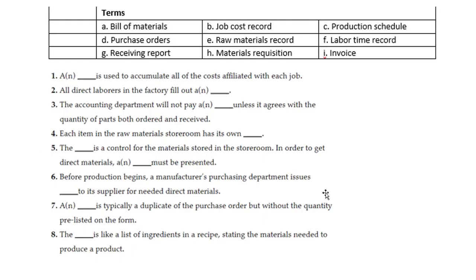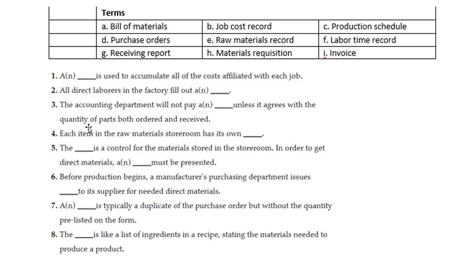Well, we should do this first. Let's do this. So what accumulates all the costs? I think this is in your homework. For all the costs affiliated with each job, accumulate all the costs, that would be a job cost record. All direct laborers in the factory fill out a labor time record. F. The accounting department will not pay an invoice,